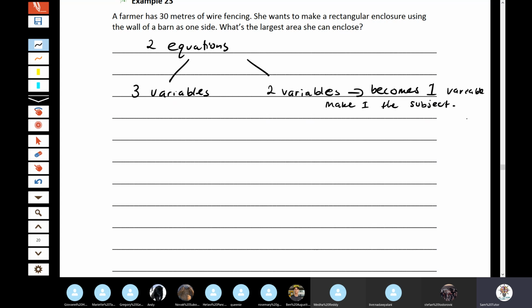What do you do with that 1 that you've just made the subject? Sub it into here, sub into there. So then you'll have 2 variables. This becomes 2 variables. Once you've got 2 variables, just like y's and x's, let's say, you differentiate, do stationary